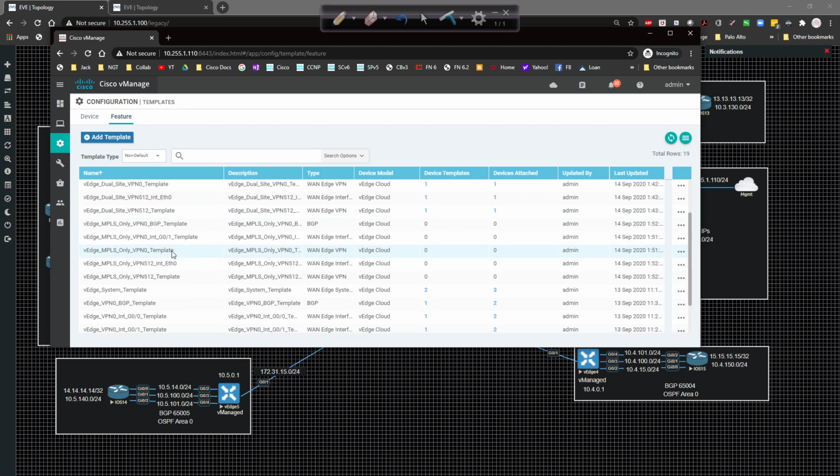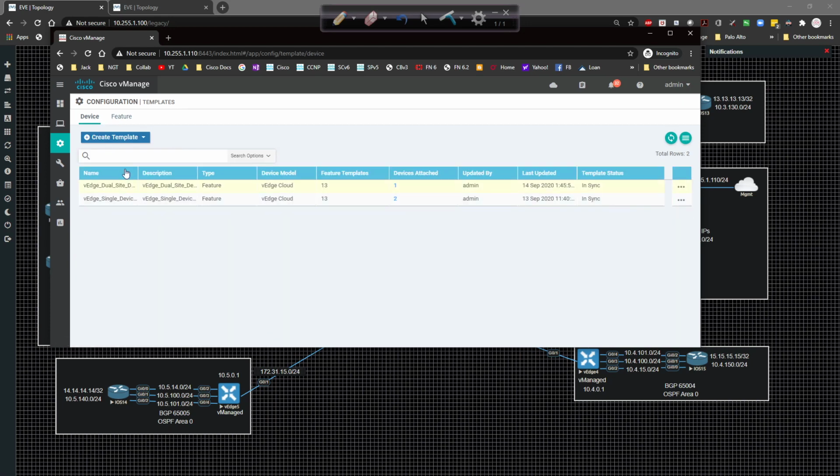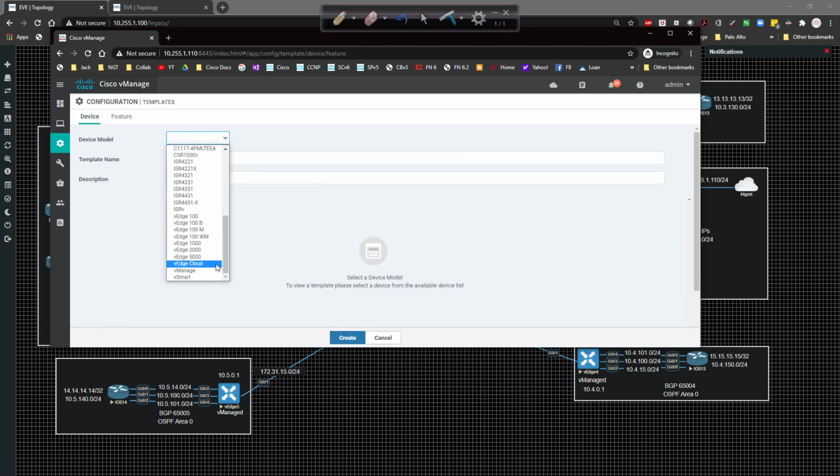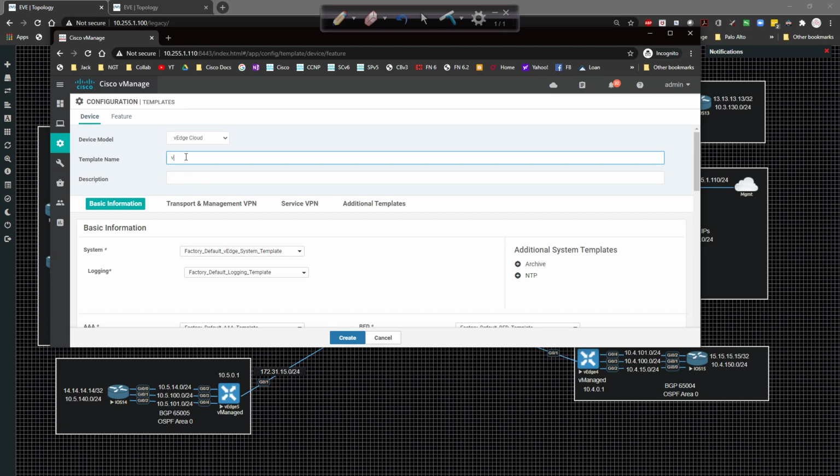So we have our VPN 0 template. We have our VPN interface. We have VPN 512 template, VPN interface. Then we have VPN 0 BGP. So everything that we need to have is good to go there. I'm going to go to device template now. I'm going to create a template from feature template, vEdge cloud, and then it's going to be vEdge